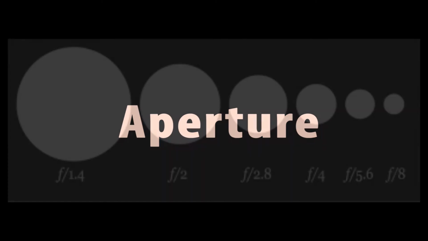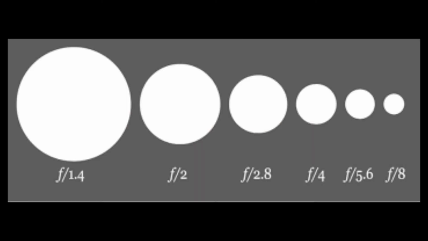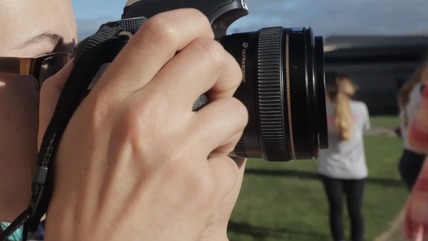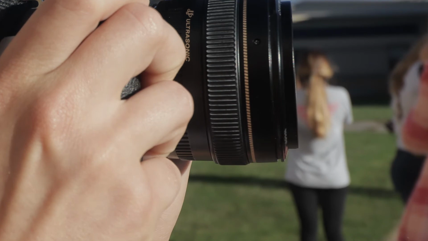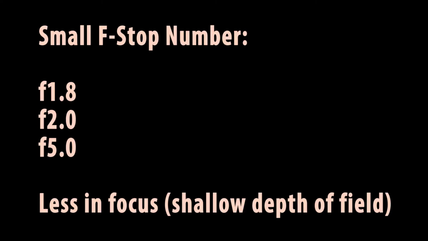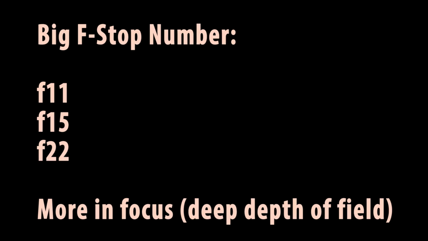Next up is aperture, which refers to how open the lens is. It also changes the amount of blur in the image. The amount of background blur is called bokeh. A small f-stop number is more open with less in focus, and a bigger f-stop is less open and there